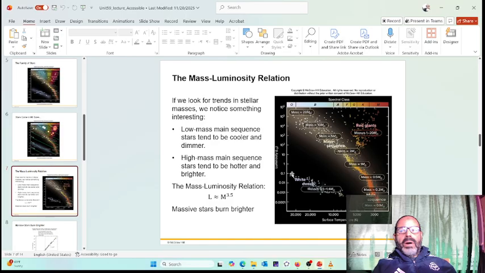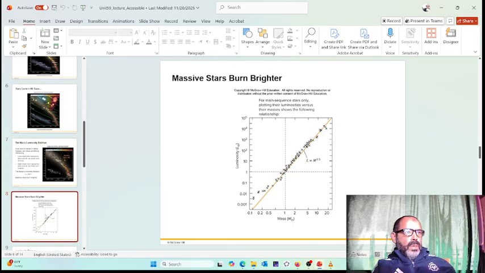So this is the graveyard of the normal size stars. The graveyard for the big stars is a different story altogether. They're black holes and actually neutron stars. Okay, in terms of masses, there seems to be a connection between the luminosity also and the mass, and this